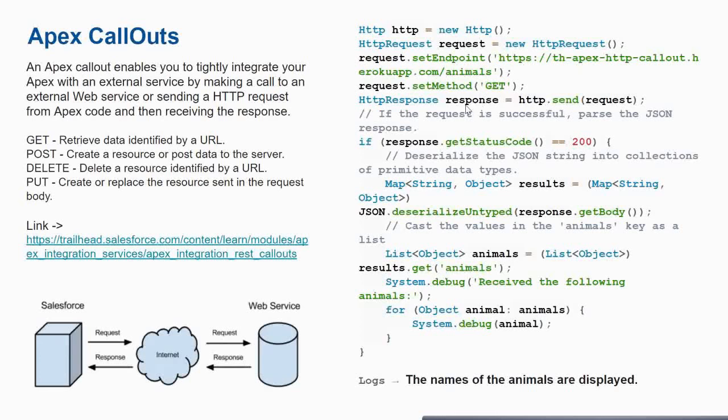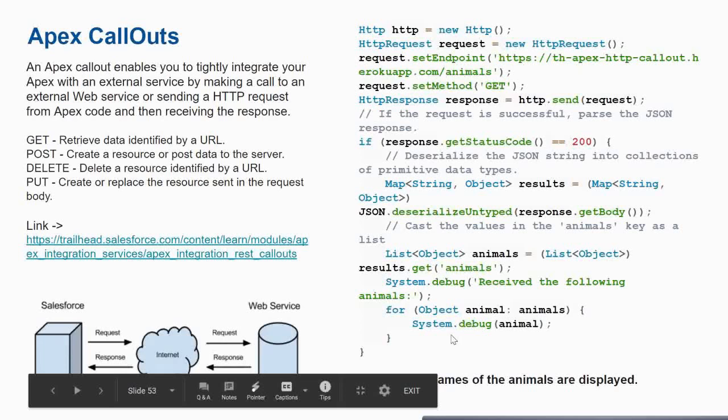It's similar to, if you are a JavaScript developer, you will know it's something like fetch. You are using fetch or Axios inside JavaScript, something like that. Whatever response you are getting, you are storing it over here, and then if it's a successful response, if it's 200, that means it's success. So you are mapping that and keeping it inside a map object. Just like Java, where you have hash maps, here you have a map object where you are storing that in a key value pair, and then you can loop through that map.